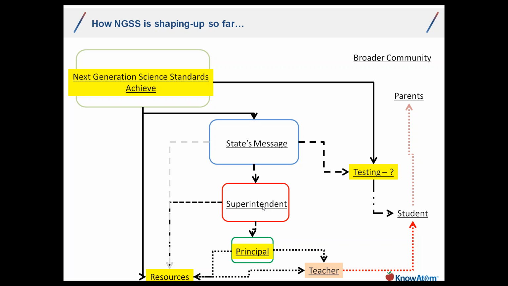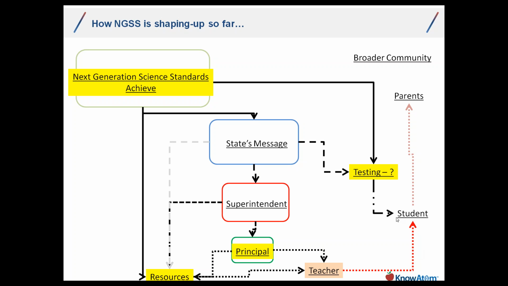Do they buy these resources? Is that what they put into their classrooms? Because if they do, that's where it affects teachers. How well do the superintendents and how well do the principals understand the Next Generation Science Standards through what they've heard from the state and perhaps Achieve? Because that's what's going to impact their teacher, that's what's going to be reflected in the classroom, and that's what's